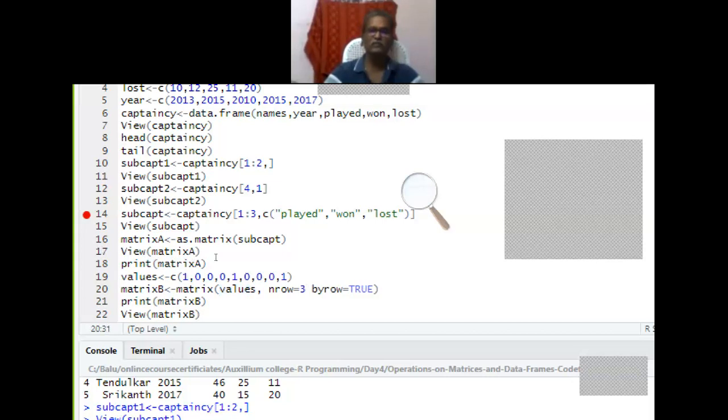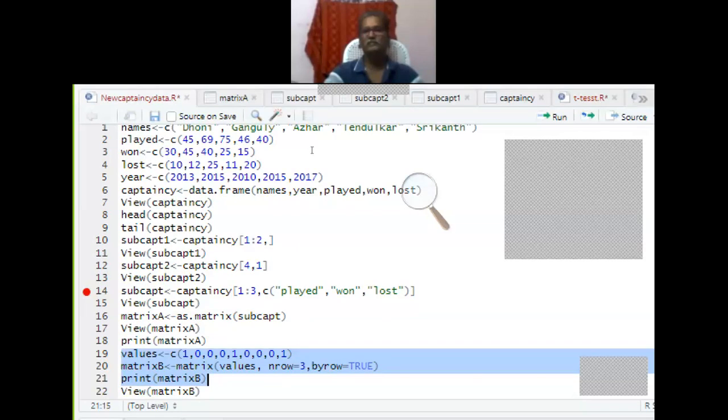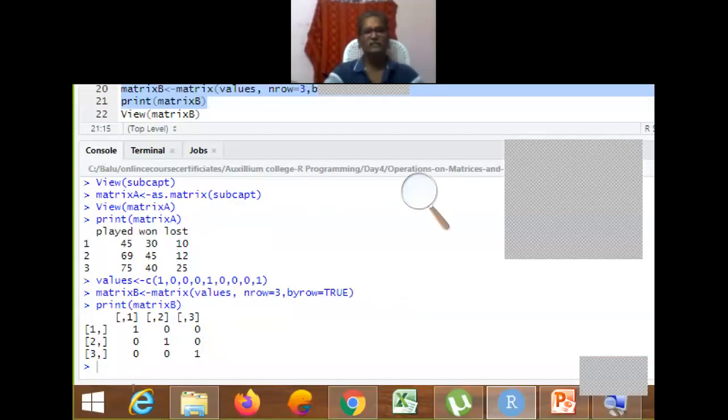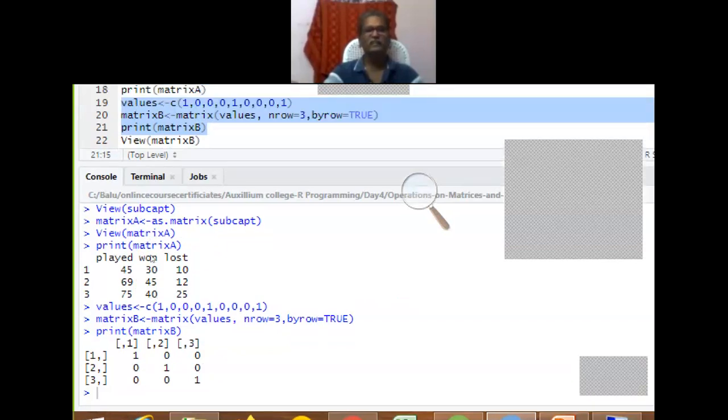Just give byrow equal to TRUE. Print matrix B. Now run these three commands. See here, the identity matrix is created.